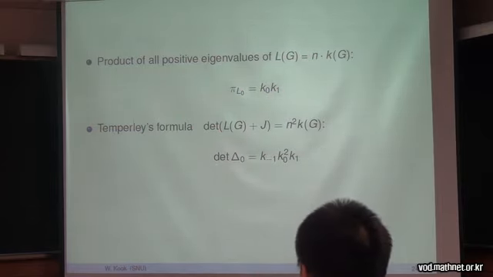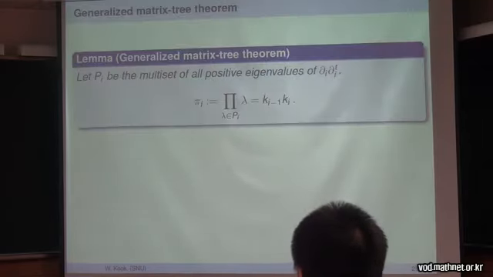So the determinant of δ_0 is K_{-1}, which by definition is 1, and K_0, the number of vertices, times the number of spanning trees. So that is going to appear in the pseudo-determinant and also the determinant of these combinatorial Laplacians. So, for example,